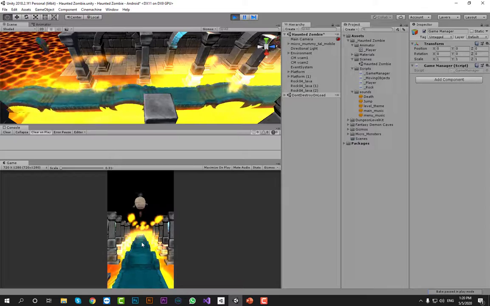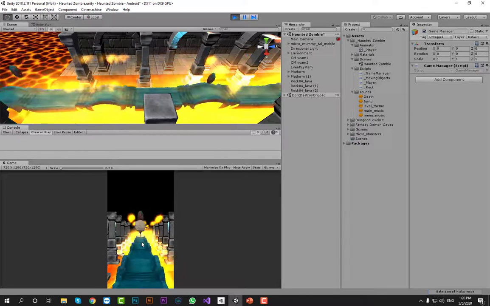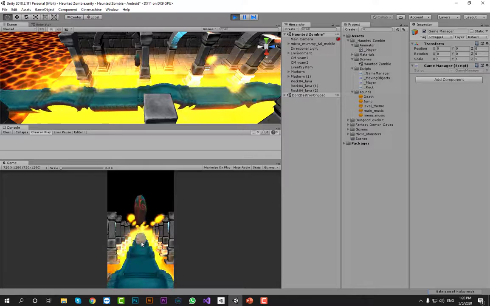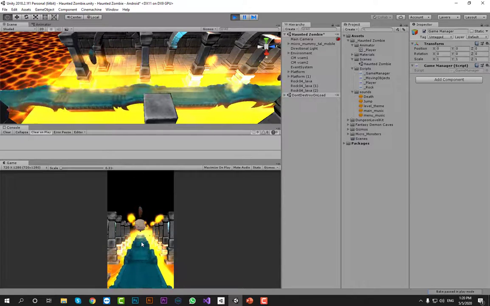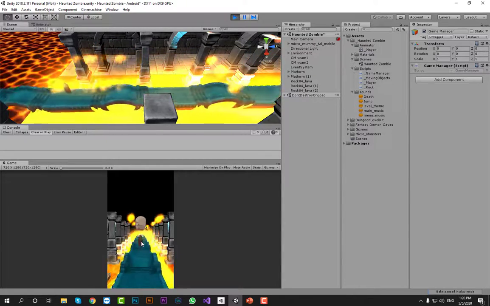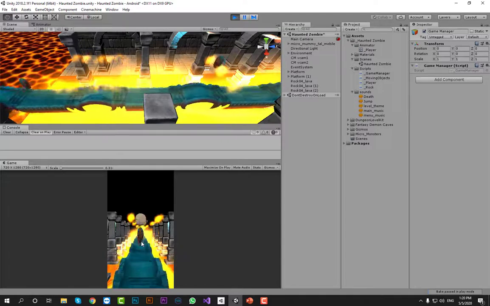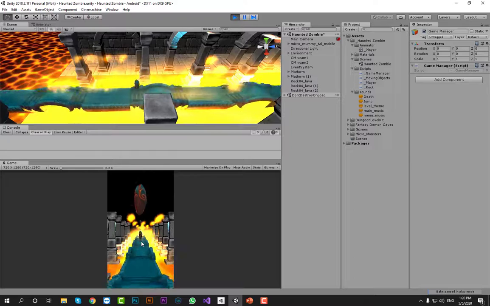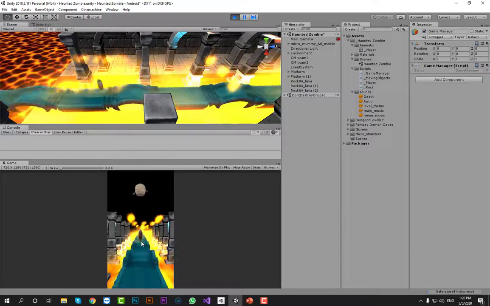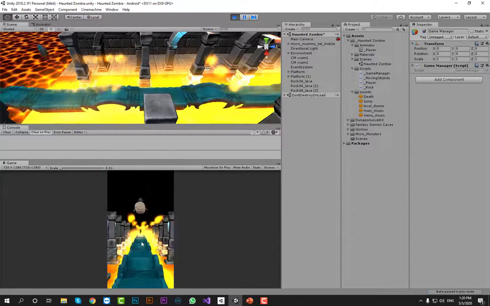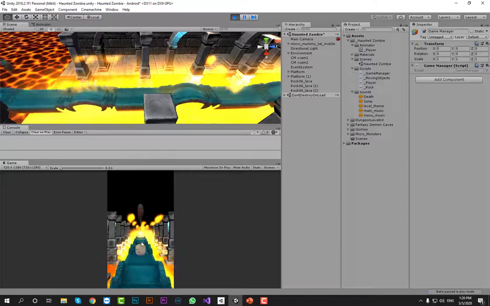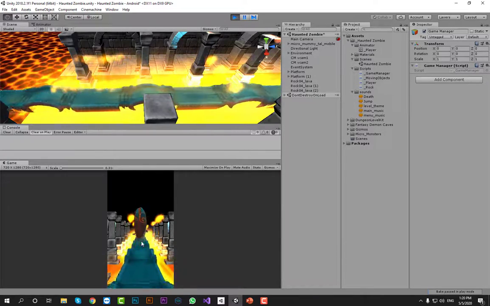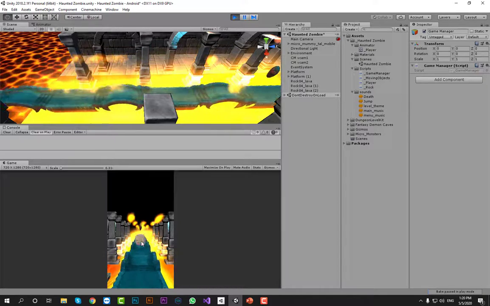That's cool. Now when I will collide with rock, then everything will be stopped. So let's see what happened. Where is the rock? I want to collide with it. Why it's not colliding?